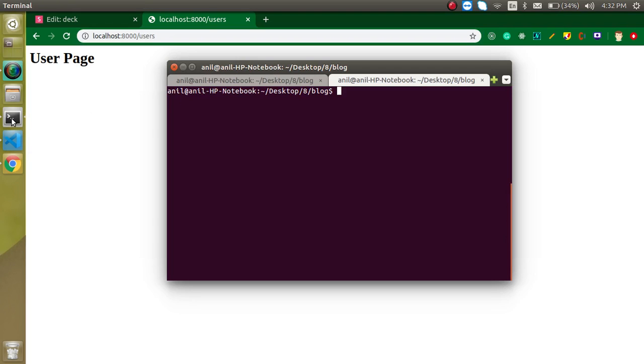So now let's create a middleware. Just write here php artisan make:middleware, and the middleware name, let's say our middleware name is AgeCheck. Hit it, middleware is created.